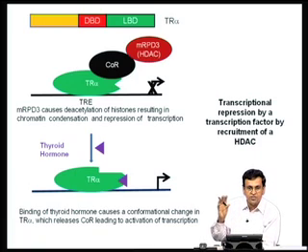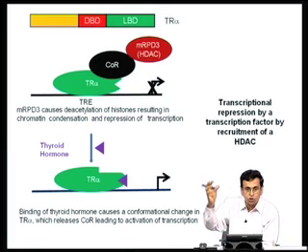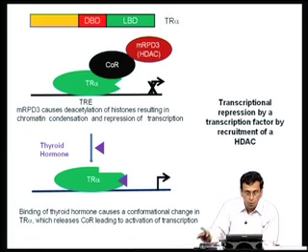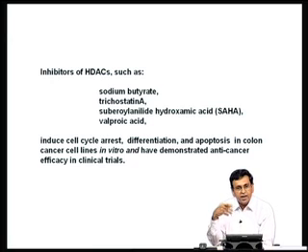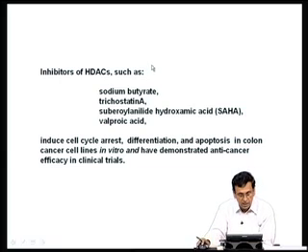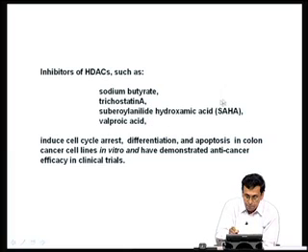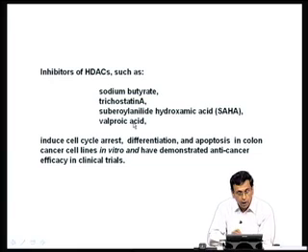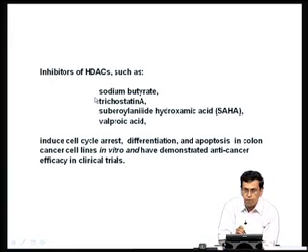Ultimately, the activation of genes involves either recruitment of a histone acetylase or a histone kinase or a histone methyltransferase or histone deacetylase, depending upon what kind of genes we are studying. Now, what is very important I want to describe is that people have now started identifying a number of small molecules which can go and inhibit these various HDACs. I have listed some of these compounds here, like sodium butyrate, trichostatin A, suberoylanilide hydroxamic acid, abbreviated as SAHA, valproic acid and so on, and when you treat cells with various HDAC inhibitors, they induce a number of important